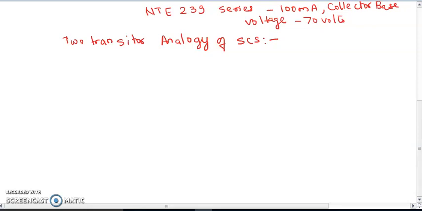I will draw the circuit. So this is your anode terminal.